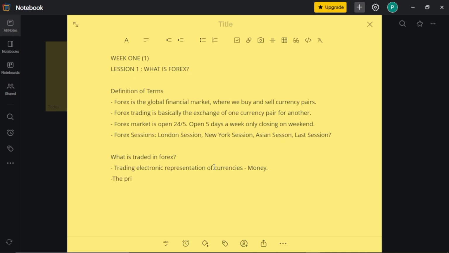The price of a currency pair is a direct reflection of the market's opinion of a country's